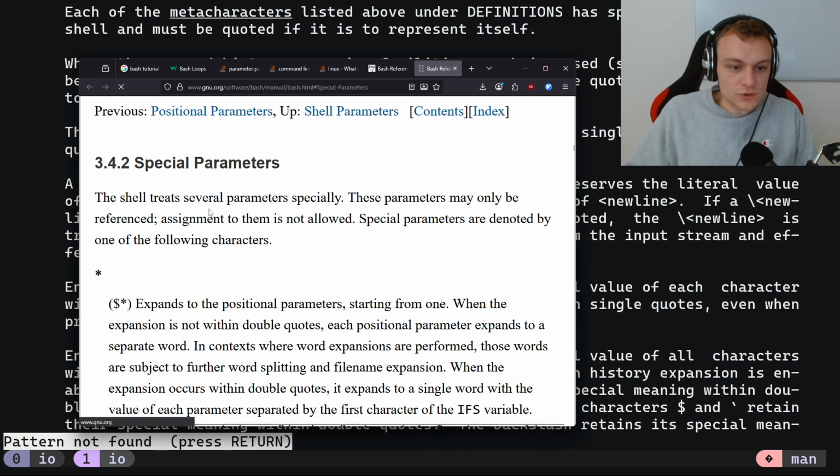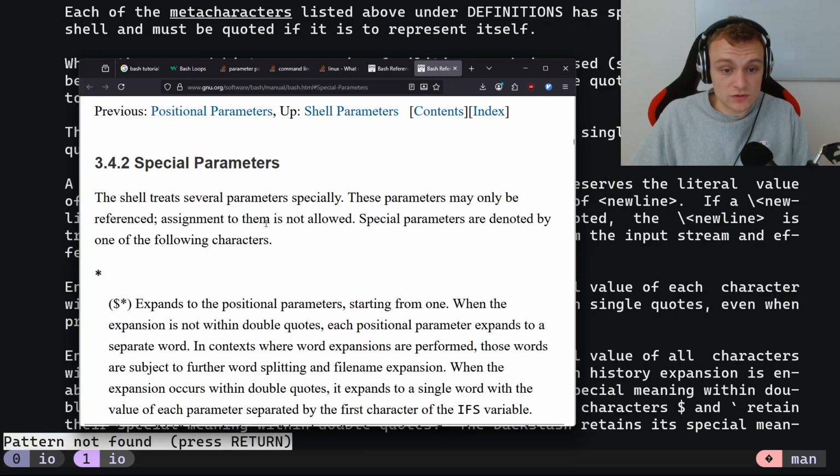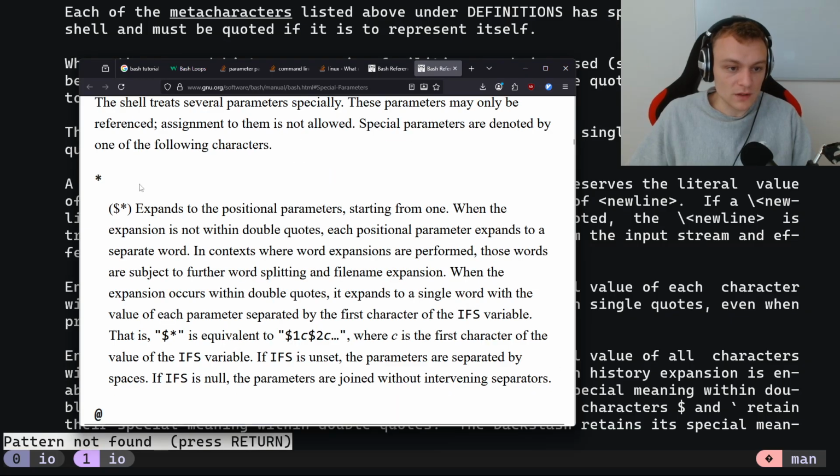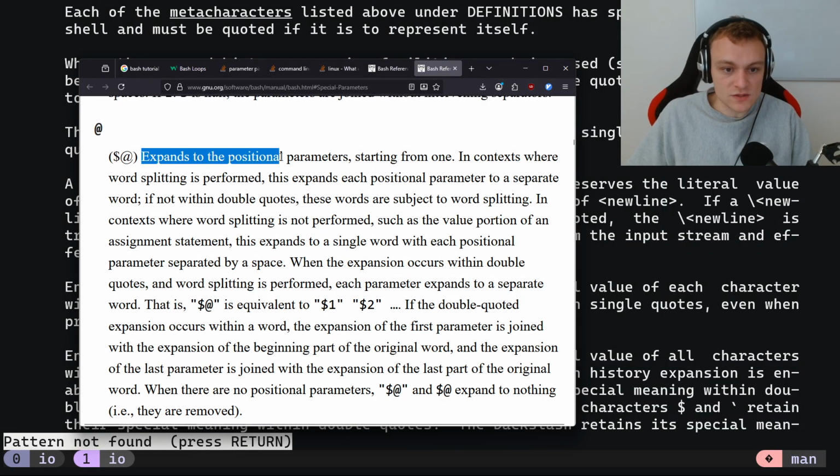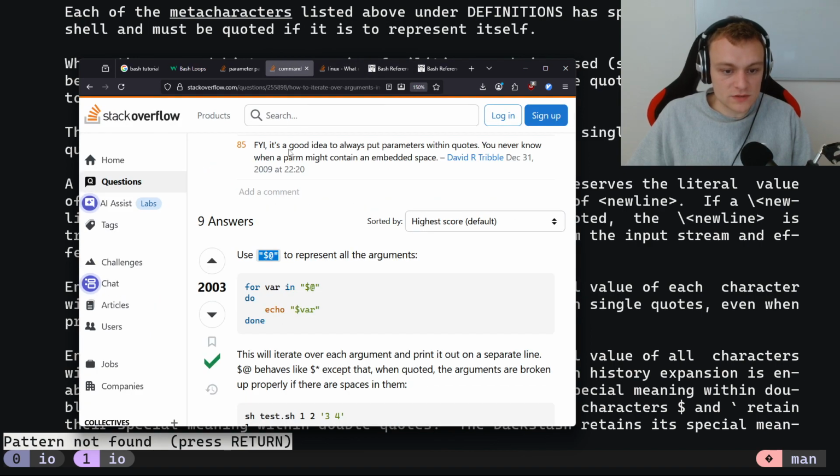Okay. The shell treats several parameters specially. These parameters may only be referenced. Assignment to them is not allowed. Special parameters are denoted by one of the following characters. And then there are those couple of special parameters, and we use this one, which expands to the positional parameters starting from 1. Okay. Well, okay. So that seems to be working, and we can just loop over the contents of